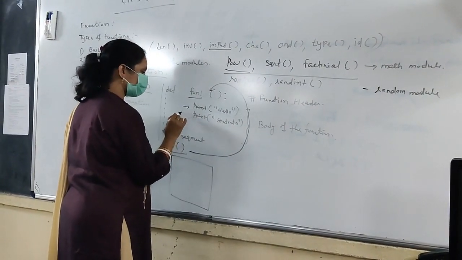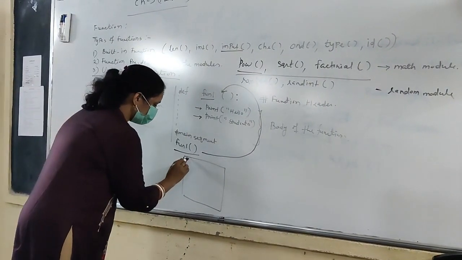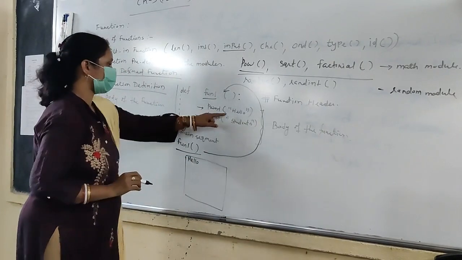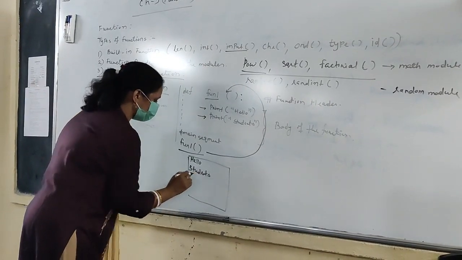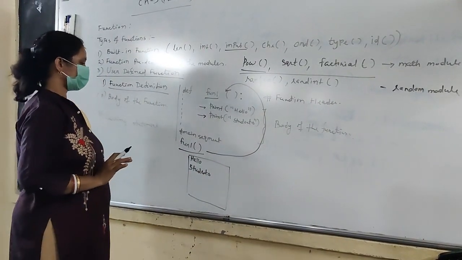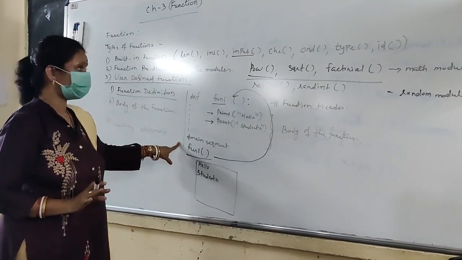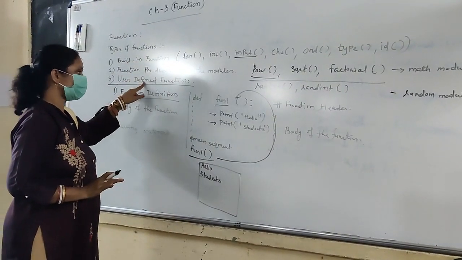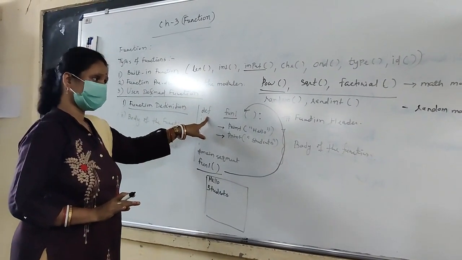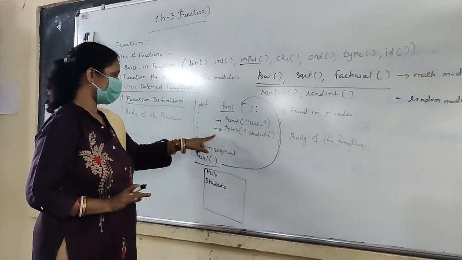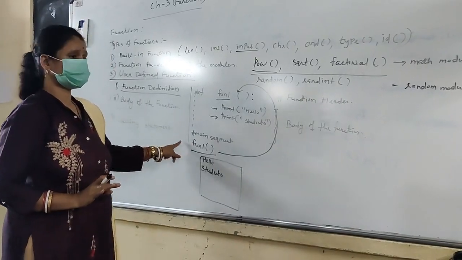Now the interpreter will execute one statement at a time. The first statement is hello. So in our output we will get the first line hello, and the second line student. So this is our output. So students, I think all of you understood the concept of function: what is a function, how many types of functions are available, how do you define a user defined function, what is the meaning of function header, what is the function body, and what is the importance of the calling statement. So let us do all these things practically.